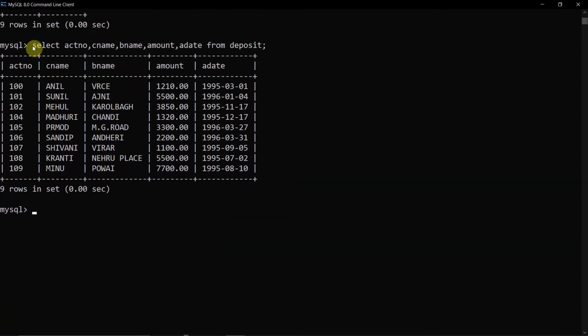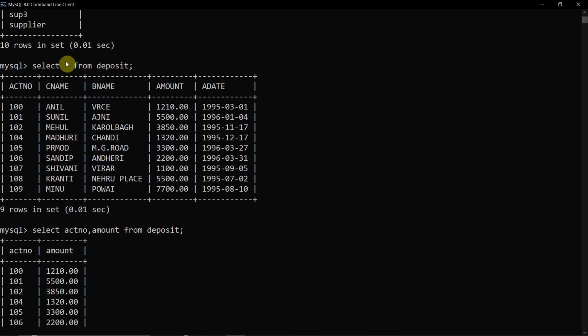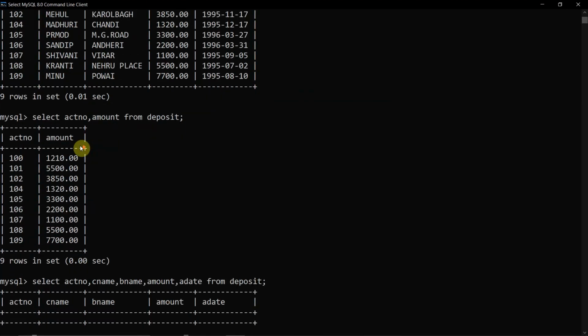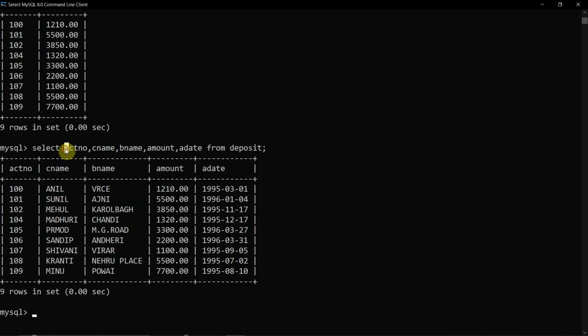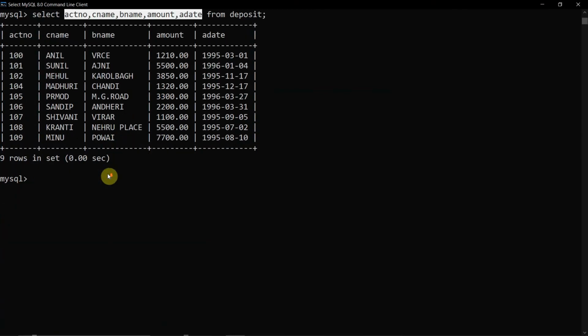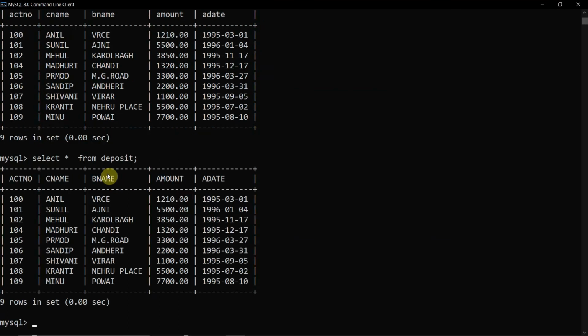But now if you want to write it in a much shorter form, if you want the whole table, here you see that I have used this star, and here I have written the whole columns, however many columns there are. So instead of writing all the columns, you can also use a star. If I use star instead of all these columns, then also I'll get the same output.